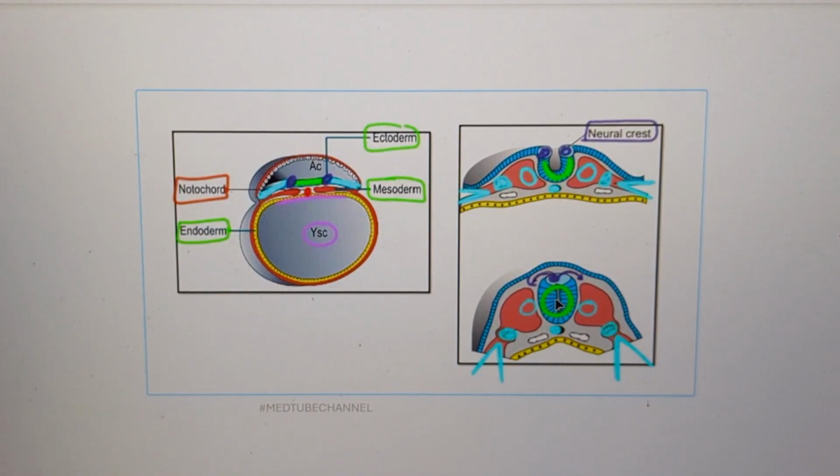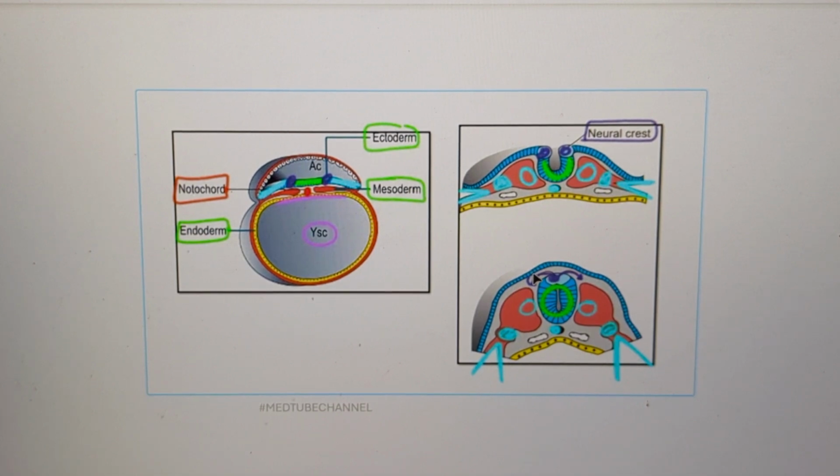After gastrulation, a transverse section of the embryo reveals three germ layers: ectoderm towards the amniotic cavity dorsally, mesoderm, the middle layer, and the endoderm towards the yolk sac ventrally. The notochord, axial mesoderm, stimulates the overlying ectoderm to form the neuroectoderm, which subsequently becomes the neural groove and eventually develops into the neural tube. This forms the central structure.